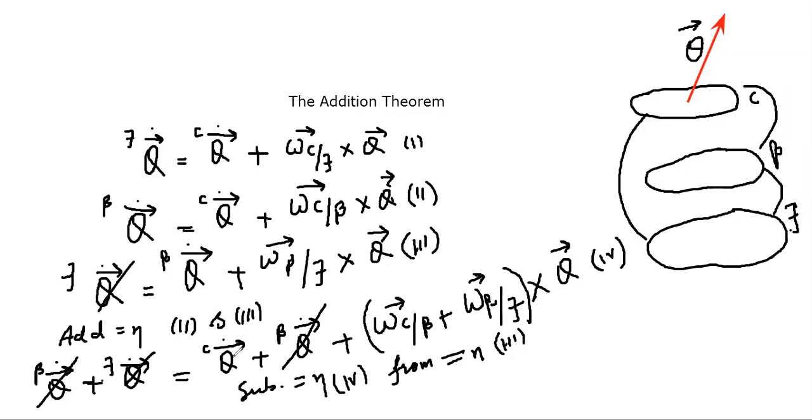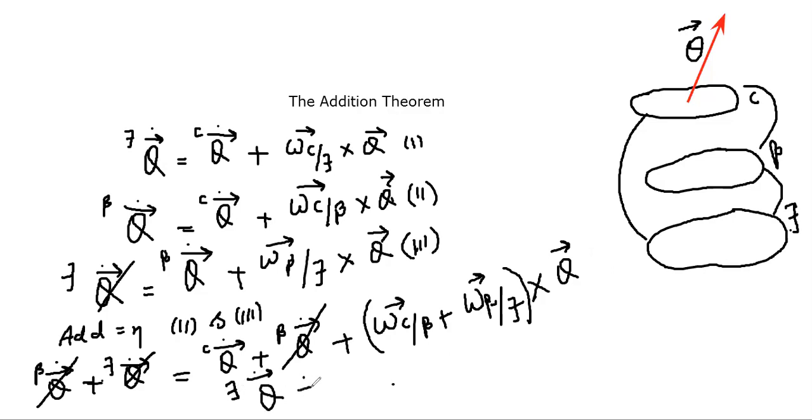Let me first clean the diagrams. Let me first write them properly. Let me not call this equation 4. So the derivative of c with respect to beta will cancel. So we'll be having the derivative of q with respect to ground is equal to the derivative of q with respect to c